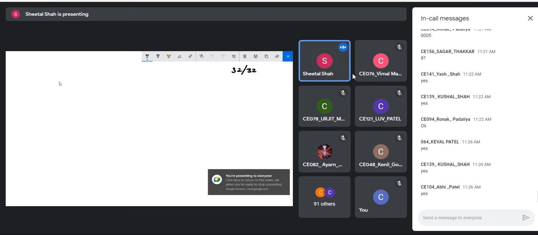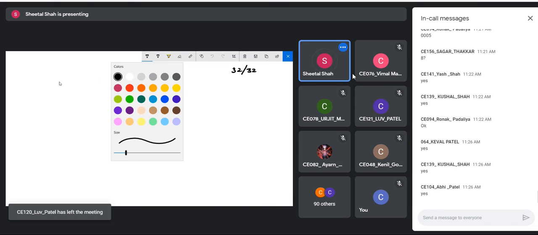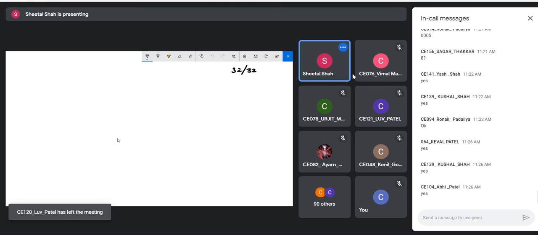Okay, so assume that I'm having, say, suppose the name of the variable is NES, and since it is a 32-bit number, I have to declare it as a double word, and say suppose this is my number.